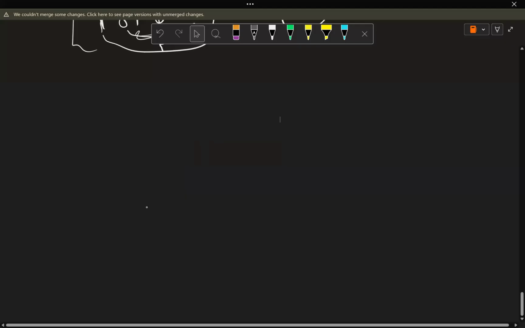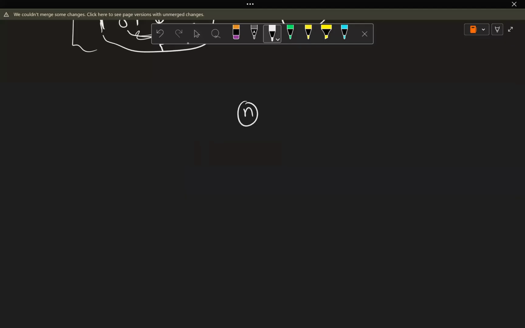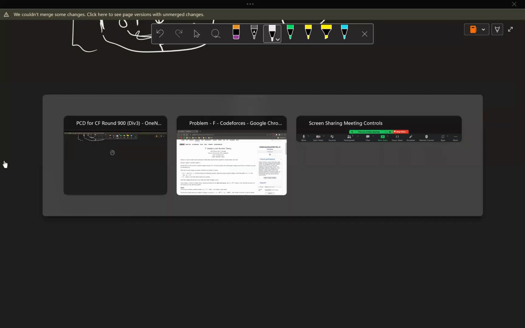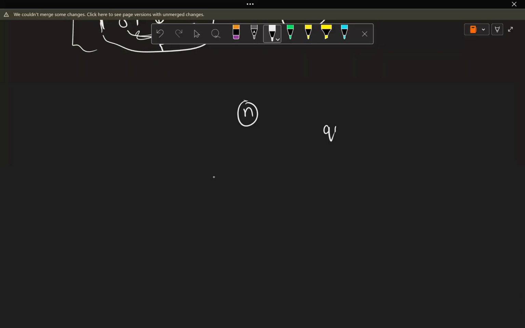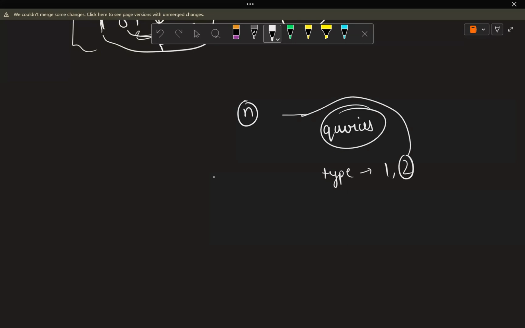What the problem said was that you will be given some integer n, and there will be some queries. In every query, there will be two things. First is the type of the query, which can either be one or two. If it is type 2, it just means reset: make your n the original value which you had initially, before any queries. And in the type 1 queries, you will be having an